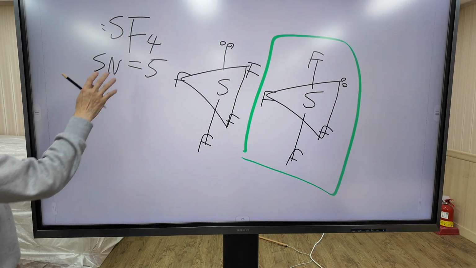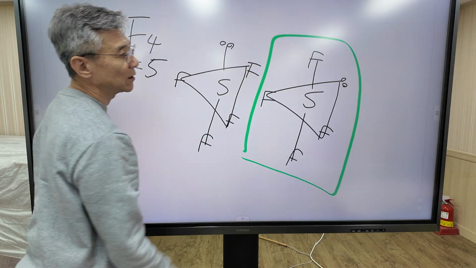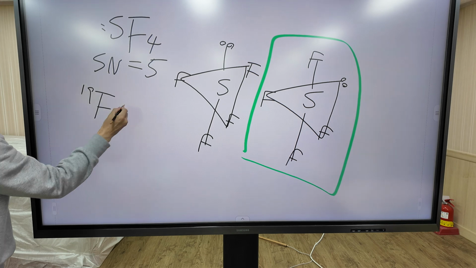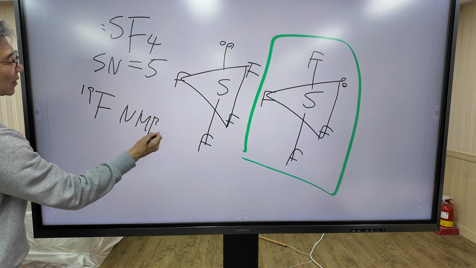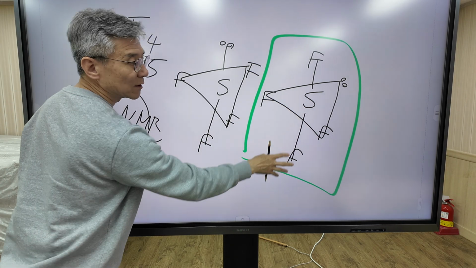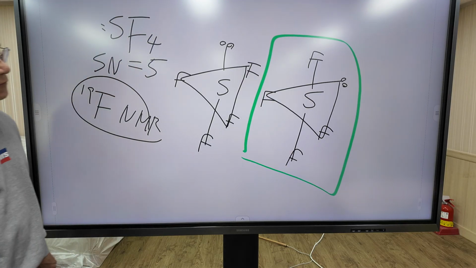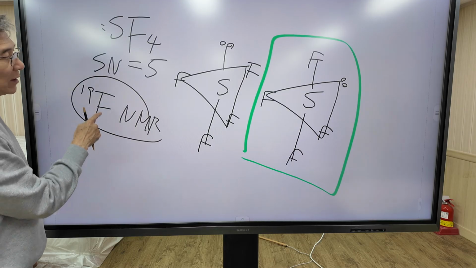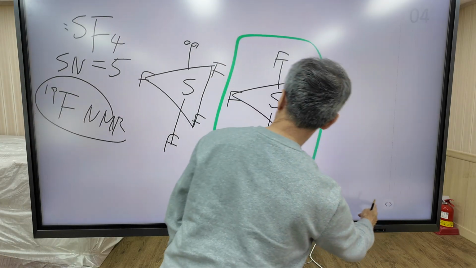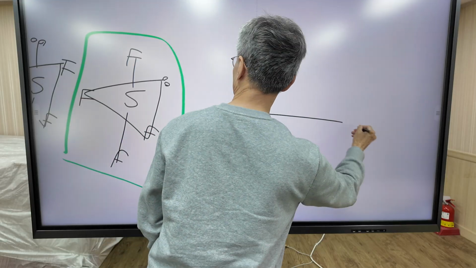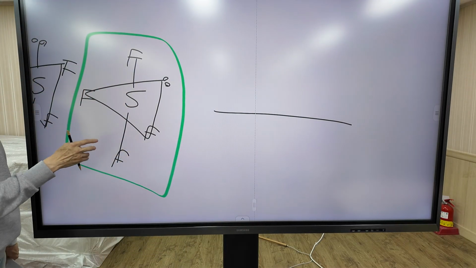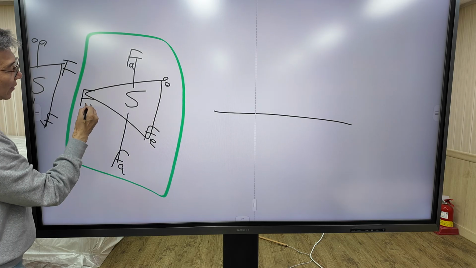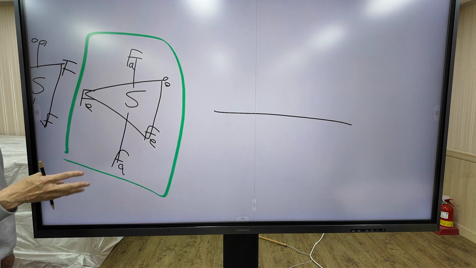How do you know that this molecule takes this structure? This structure was confirmed by fluorine NMR. When you measure fluorine NMR, the structure is this one. Now, if the structure is this one, what would you expect the fluorine NMR spectrum to be? When you measure fluorine NMR, there are two types of fluorine, axial fluorine and equatorial fluorine.